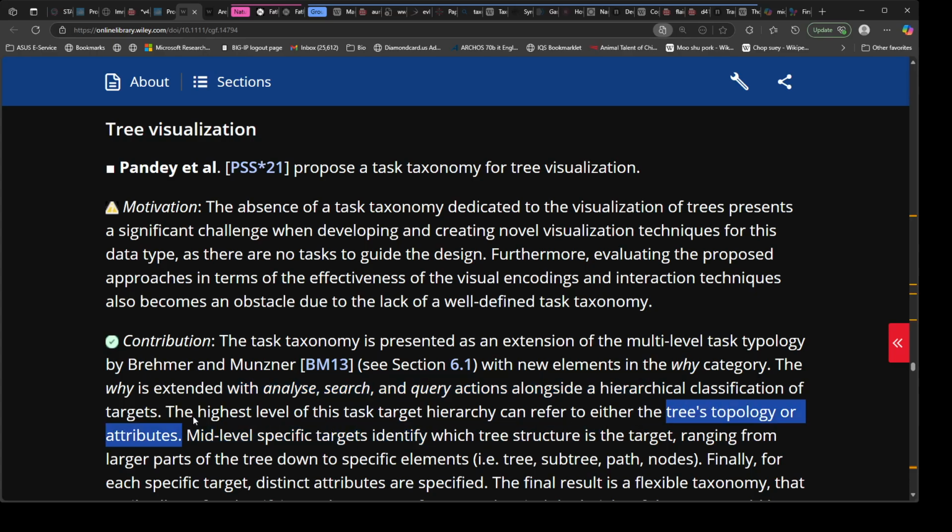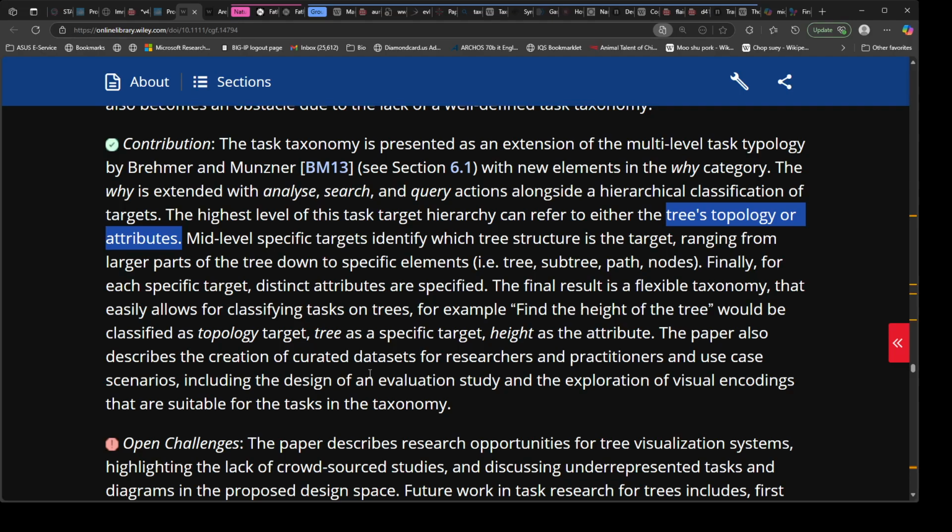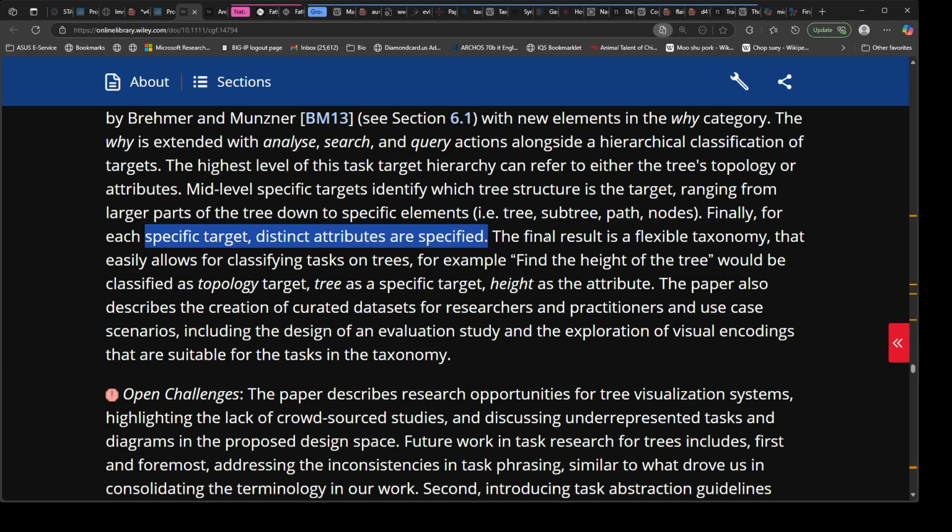Mid-level specific targets identify which tree structure is the target, ranging from larger parts of the tree down to specific elements, i.e. tree, subtree, path, nodes. Finally, for each specific target, distinct attributes are specified. The final result is a flexible taxonomy that easily allows for classifying tasks on trees. For example, find the height of the tree would be classified as topology target, tree as a specific target, height